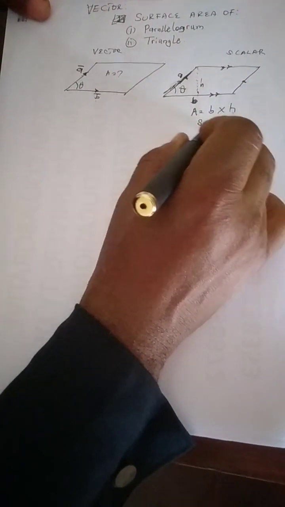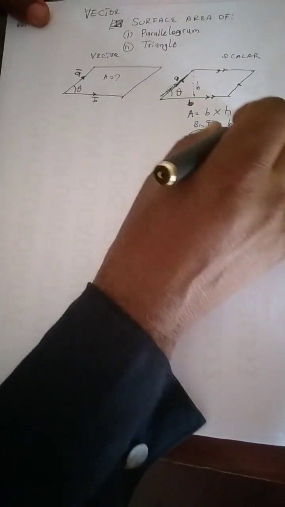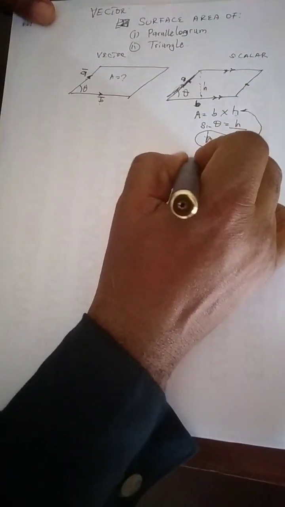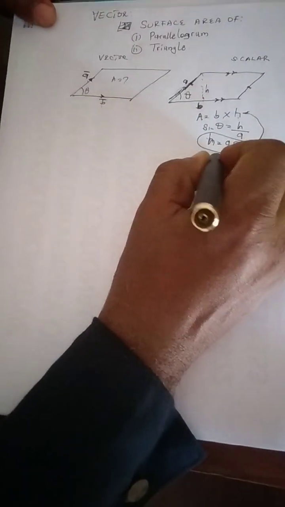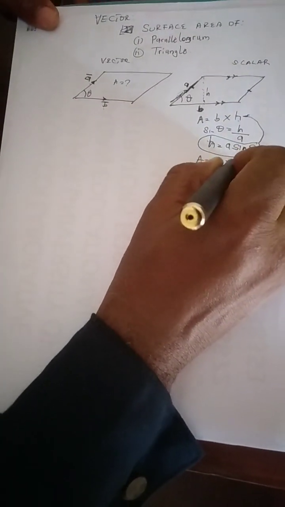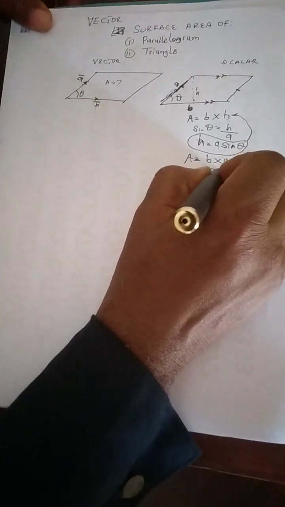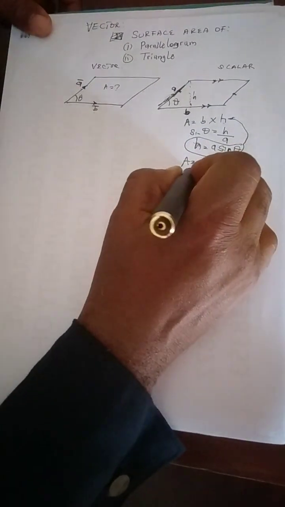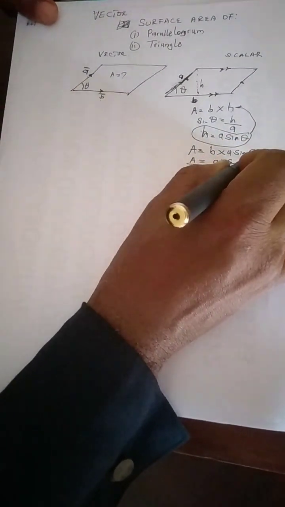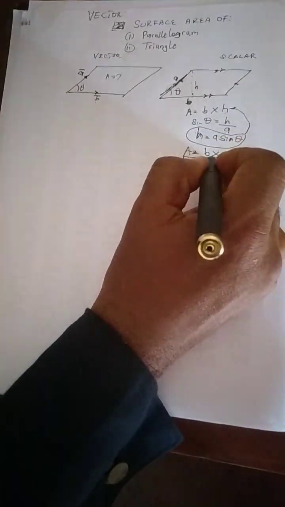Since we have gotten an expression for h, we can introduce it here. So the area of that parallelogram is base times a sine theta, which can be written as ab sine theta. That is the area of our parallelogram in terms of